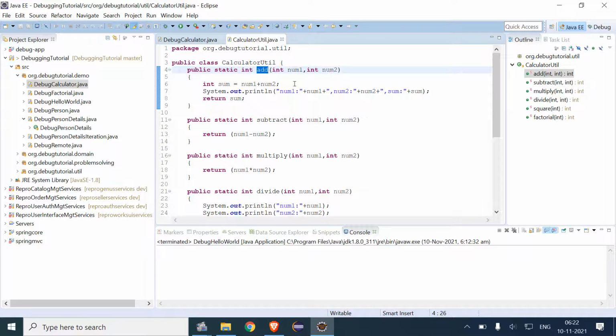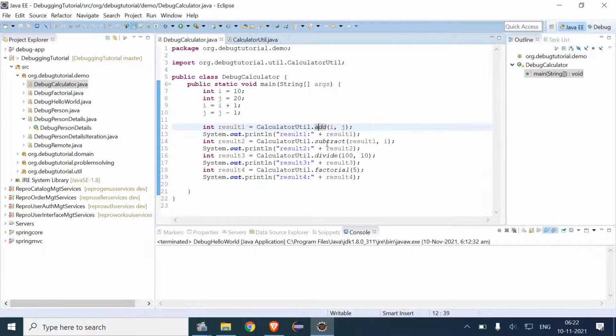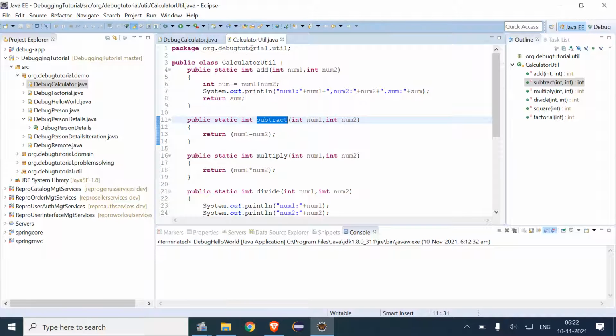So these are the static methods. Add, subtract, we can open those methods. Multiply, divide, square.